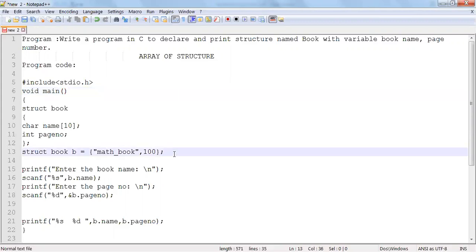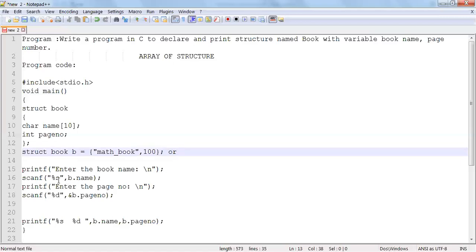Or what we can do is printf "enter the book name". We can use percentage s, that is the user input at the time of executing the program. So what we have done, b dot name, that is, different elements of a structure can be accessed using the dot operator.